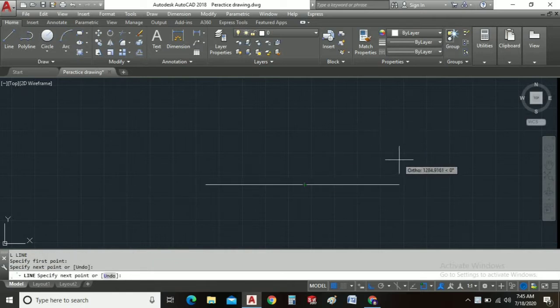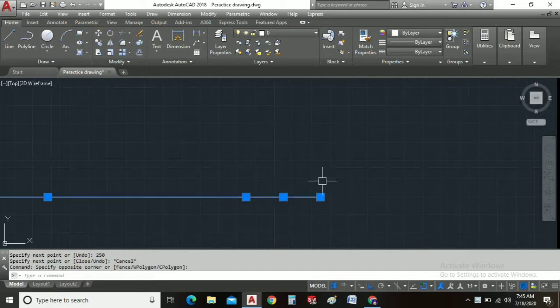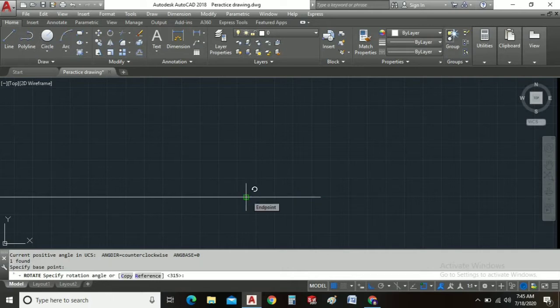Now we have to draw a line of 250 mm at an angle. So what people do is just draw a line here, something like this, and then use the rotate command, select rotate, give the base point, and give the 45-degree angle, and it is done, something like this. So guys, this is the normal way that people use.